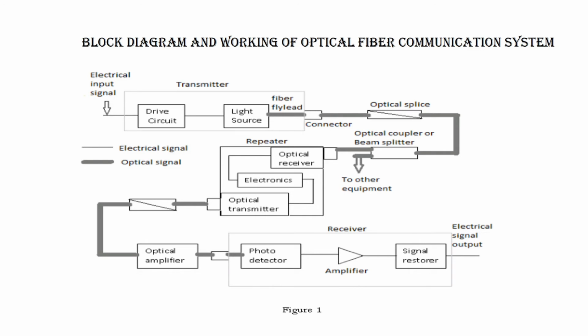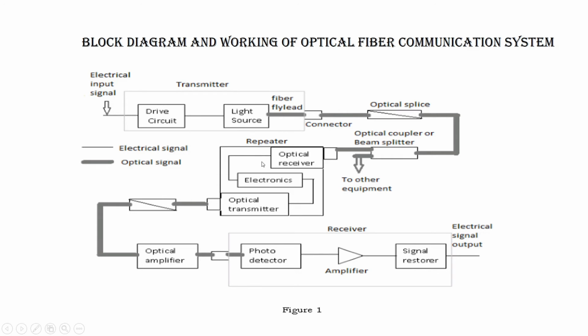For longer distances, a regenerator is used. Now see what we do in the regenerator. In the regenerator we receive the signal, so there will be an optical receiver. Here you will be able to see the optical receiver, and then we have the electrical signal, which I am showing here by a single line, right?